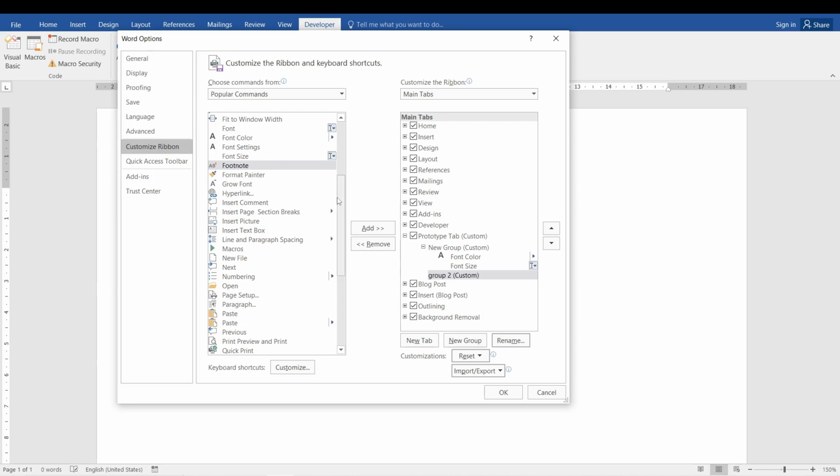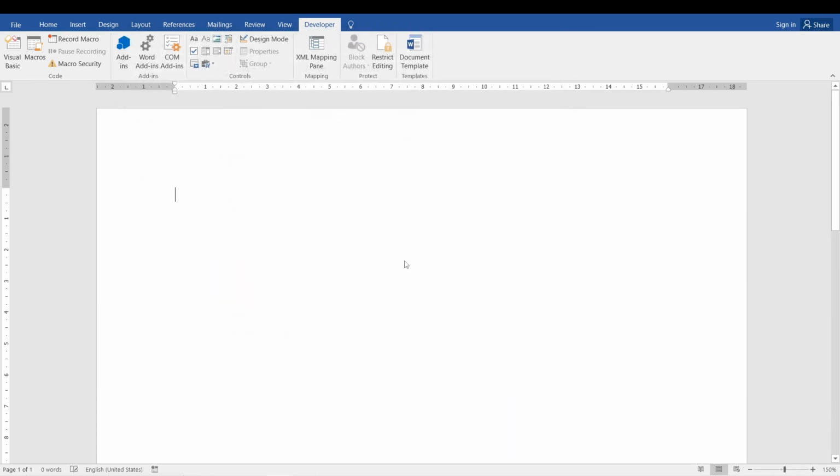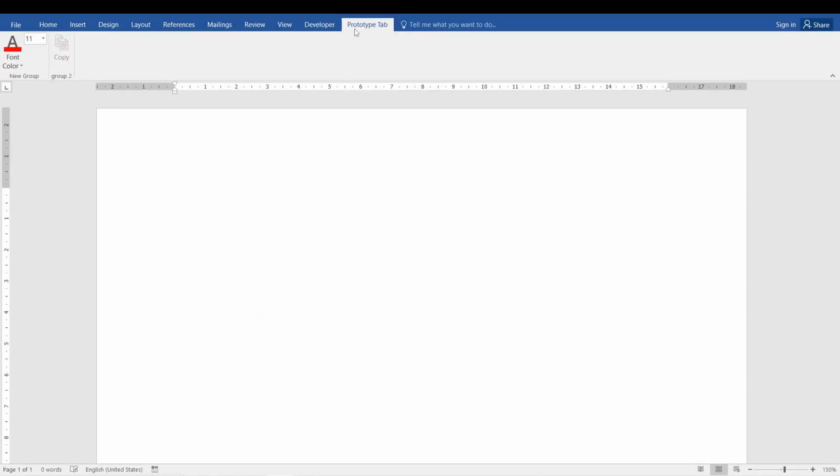I'm just doing it this quickly, so I'll just put the copy command. Okay, and I'm going to show you how it looks. So there we have the prototype tab on top, and you can see two groups, font color and font size, and the copy. Okay, so if I write hello